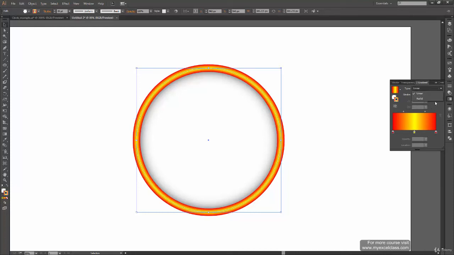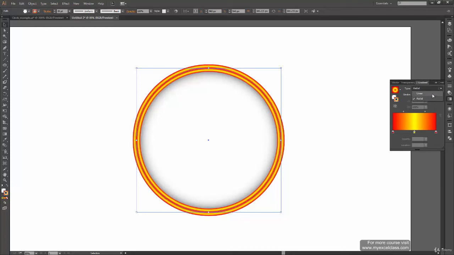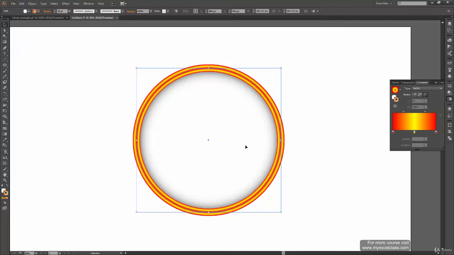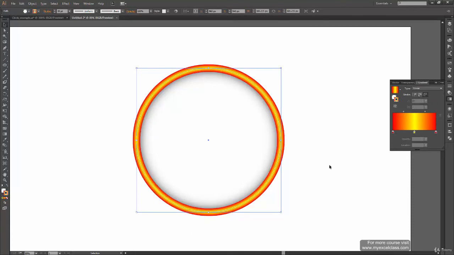Okay, so instead of radial, actually let's select the linear one, because it is already across the stroke, and when we select radial, it is like applying a radial gradient over a radial stroke, and that's why it is giving that gradient 2 times, and I don't want that kind of gradient, so let's select the linear one, and here we have that gradient back which we wanted.